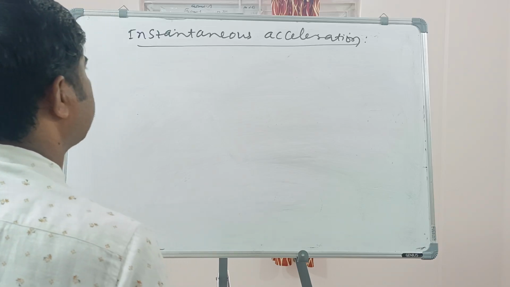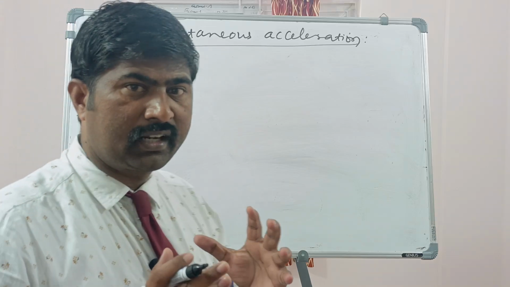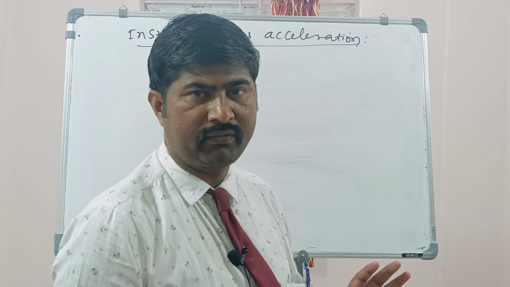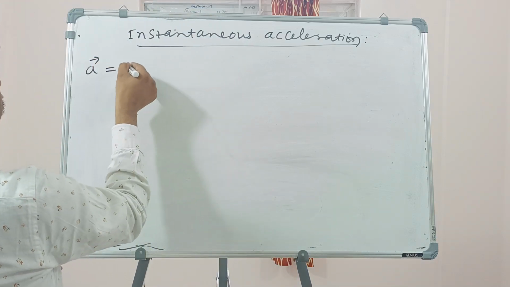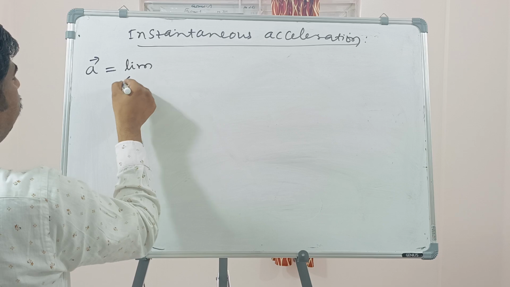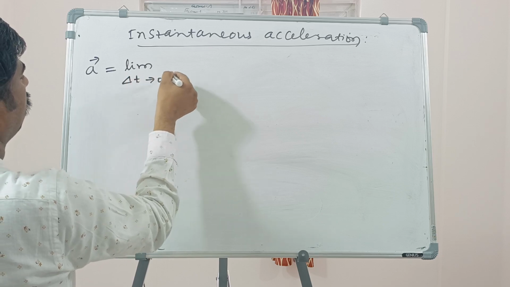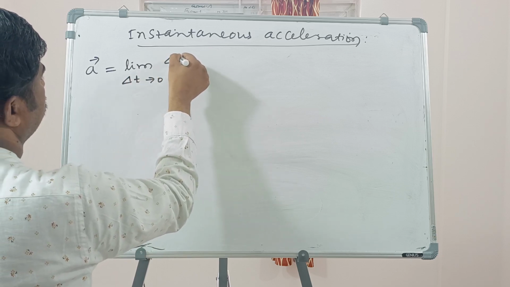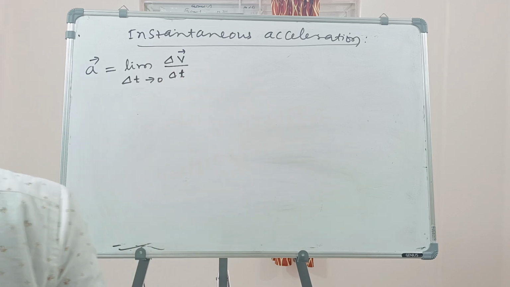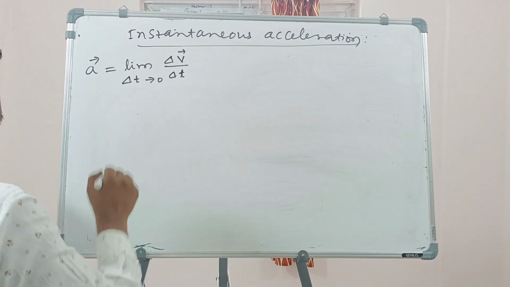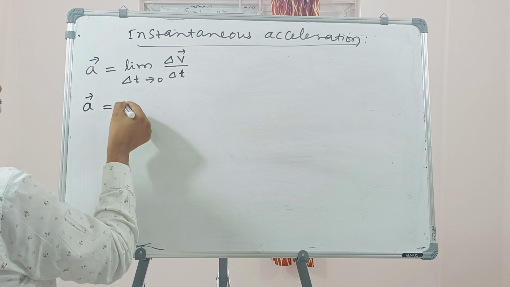So instantaneous acceleration is what? Acceleration of a body at a given instant of time. So this can be written as: instantaneous acceleration is the limit as delta t tends to 0 of delta v divided by delta t. Clear? Okay. So this can be written as a is equal to,